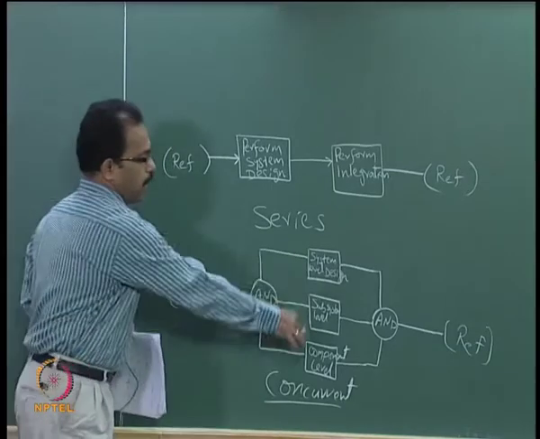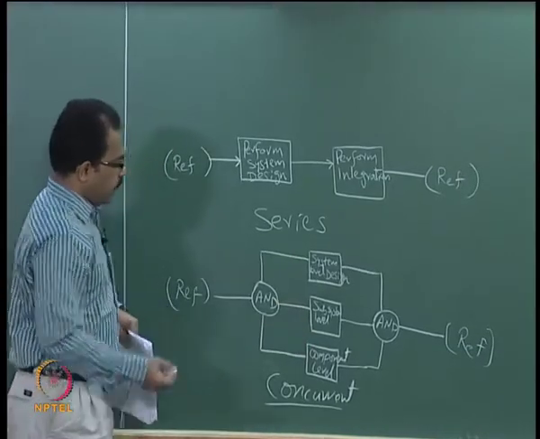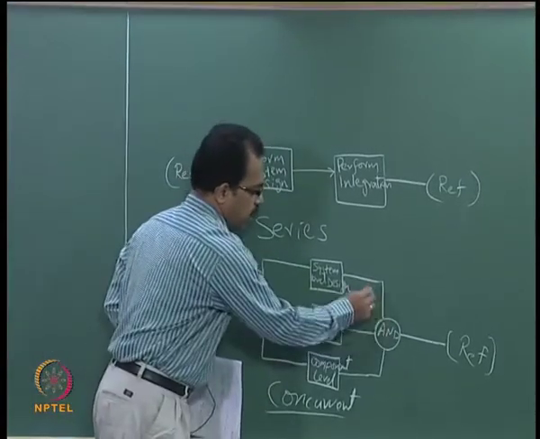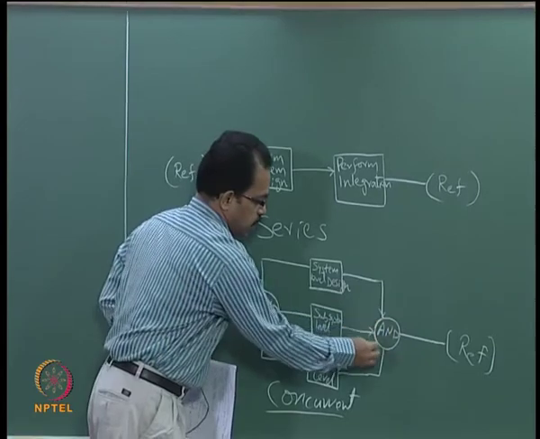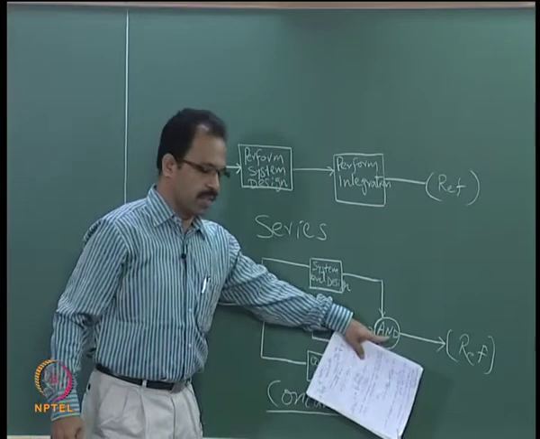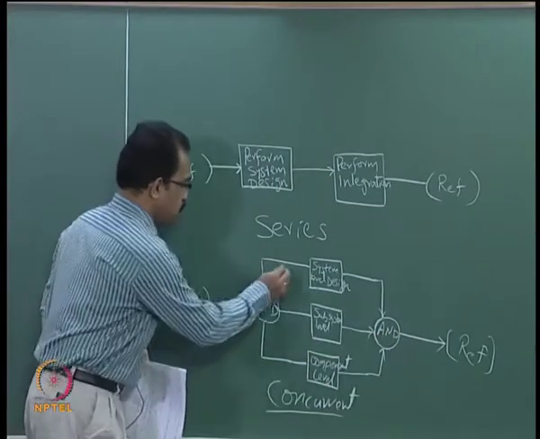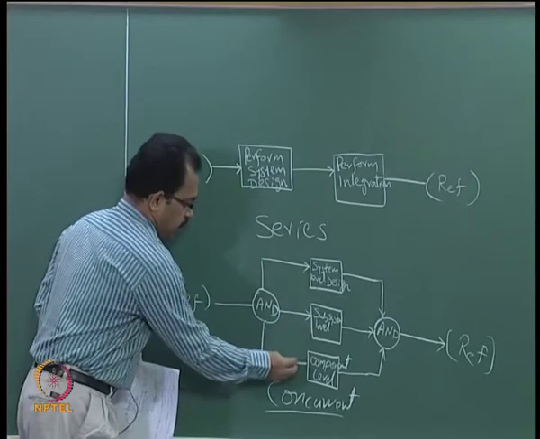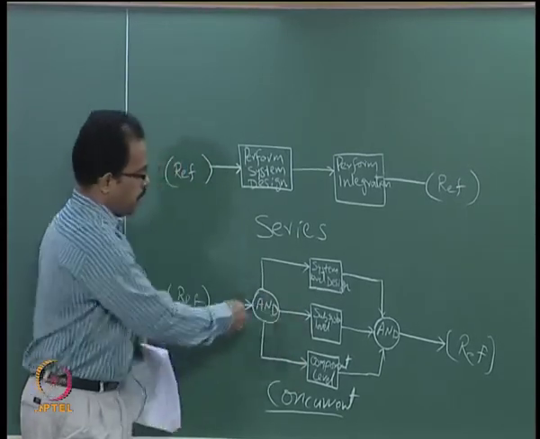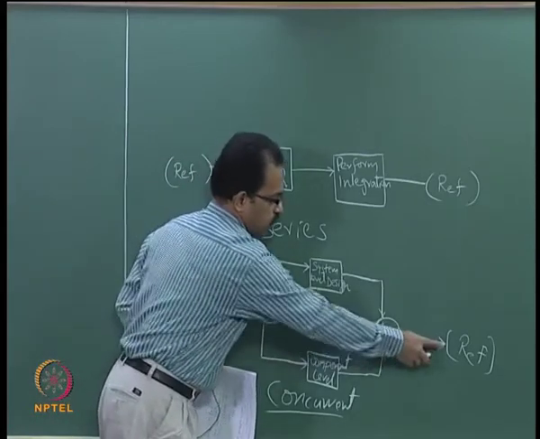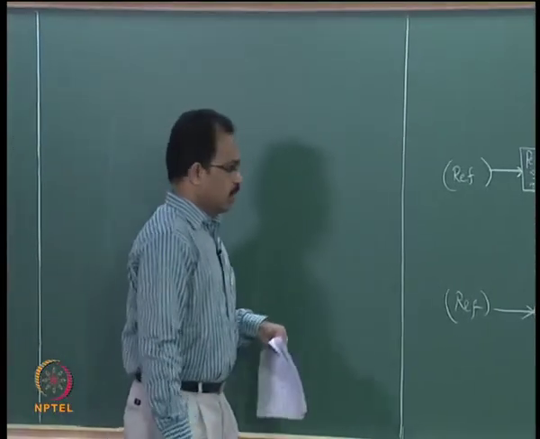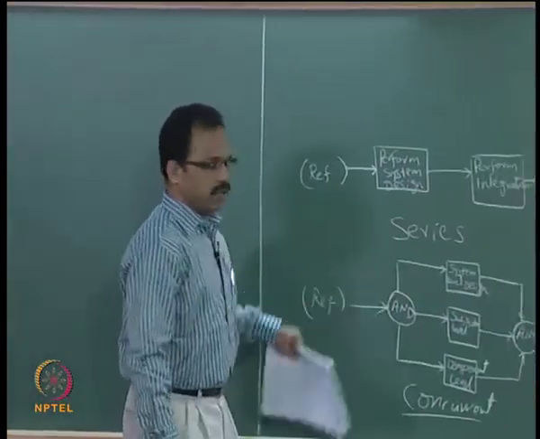So this needs to be done in parallel or concurrently, and once all these are completed, then only it will go out. So this AND shows that all these 3 inputs should be there for this to go to the next function. This AND represents that all this will happen at the same time. So when this input is coming, all the 3 outputs will go concurrently, and here all these 3 inputs should be there for the next function to execute. That is the concurrent behavior of the system.